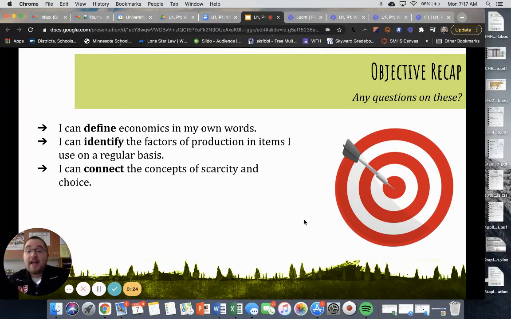I can identify the factors of production and items I use on a regular basis. So again, natural resources, capital resources, human resources, entrepreneurship. And I can connect the concepts of scarcity and choice. We want a lot of things as Americans and as people, but unfortunately we cannot get everything. So that is where the idea of